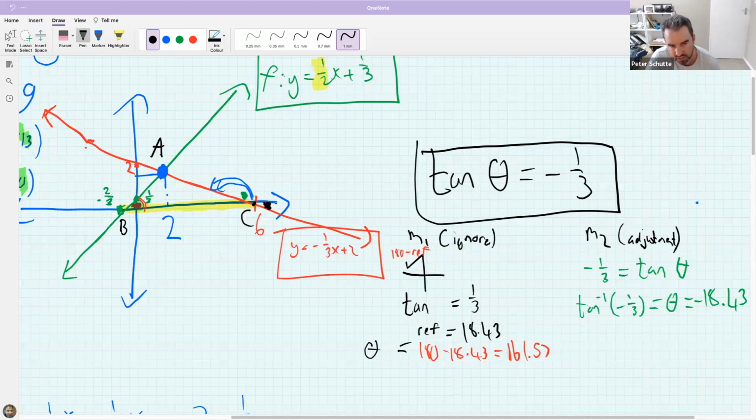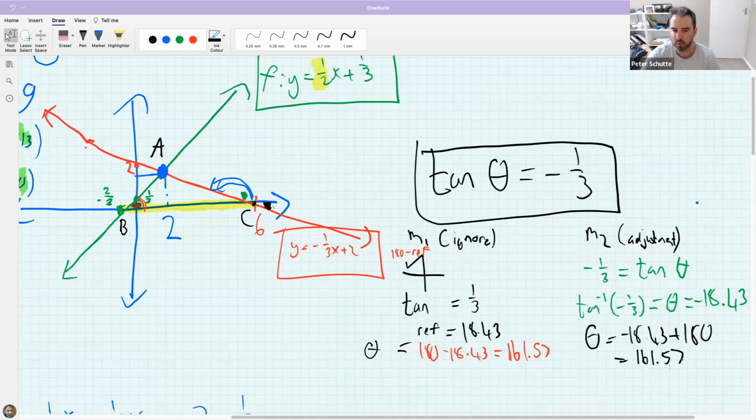Now, what has happened when you use the adjustment method is it's actually found the angle down here, the angle going from the positive x-axis in the clockwise direction. And to get to this one, we need to add 180. So the real angle that we're after, we just have to add 180. And that gets us to the angle on the other side of the line. So if it's here now, get that, and then you'll get